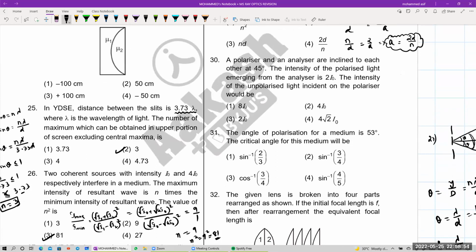Direct question है बेटा ये, तो ये हो गया intensity of resultant will be equal to I0 divided by 2 into cos square theta, क्योंकि फर्स्ट वाले में से निकलने से की वैल्यू कितनी है बेटा I0 by 2, तो I resultant कितना है 2I0 है, so this is 2 times of I0 is equals to I incident, मान के चलो I0 dash, so this will be I0 dash divided by 2 into cos square theta, theta की वैल्यू कितनी है 45 degrees, cos 45 is 1 by root 2 whole square, ठीक है।